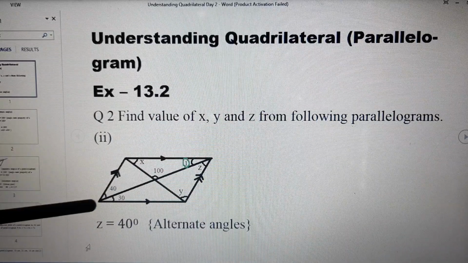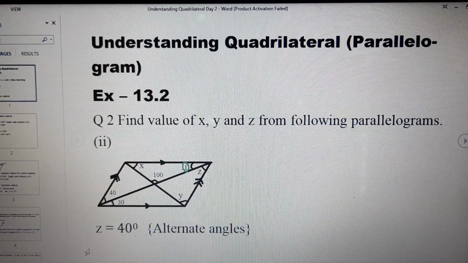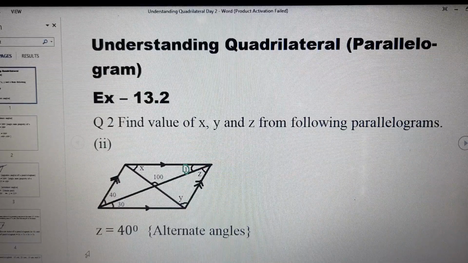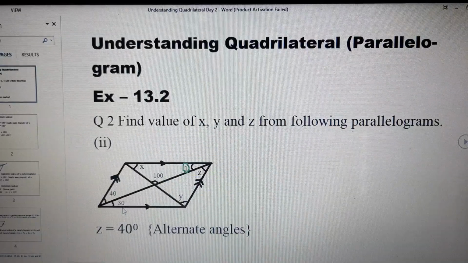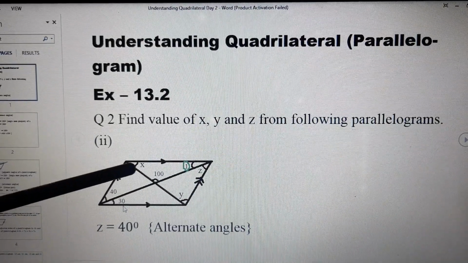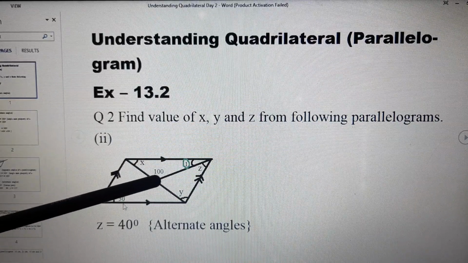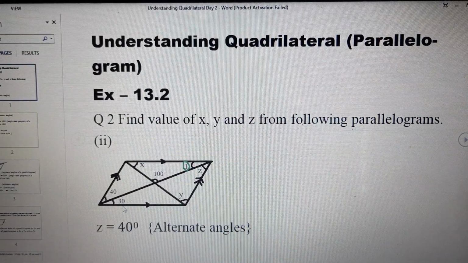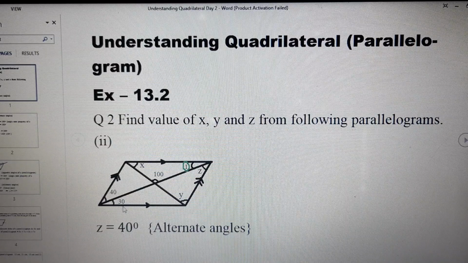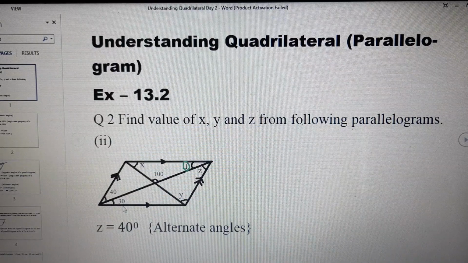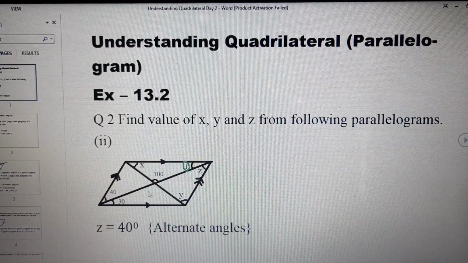So it is making a Z. That is why angle number 1 will be equal to 30 degree, because they are alternate angles. They are lying on different sides of a transversal. Okay. So angle number 1 becomes 30 degree. We can easily calculate the value of x from this triangle, because we know one angle is 100 degree. The other angle was angle number 1, whose value we have calculated as 30 degree. So with these two angles, we can calculate the missing value of x with the help of the property that the sum of all interior angles of a triangle is 180 degree.